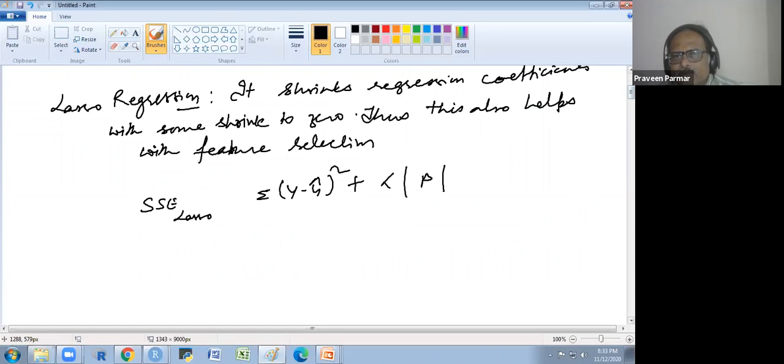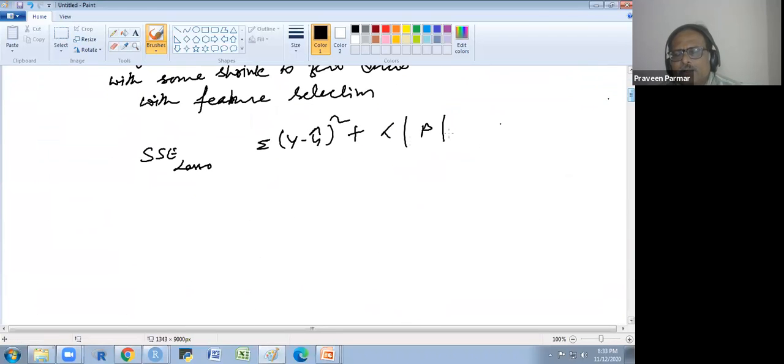In ridge we took the square of beta, but here we have not taken the square, we are taking the absolute value. Got it? And if we see the elastic net, elastic net is a mixture of both. Okay, elastic net regression is a mixture of both.